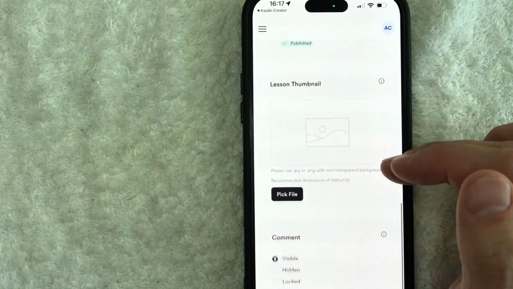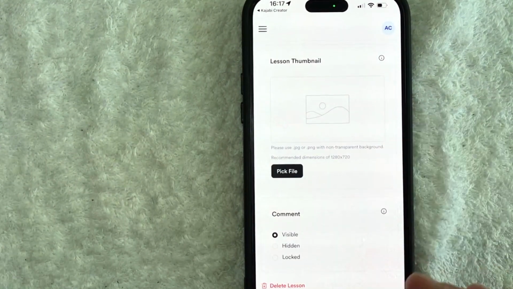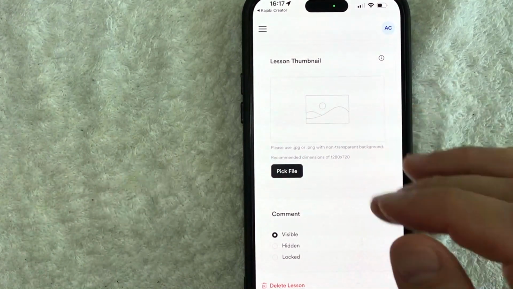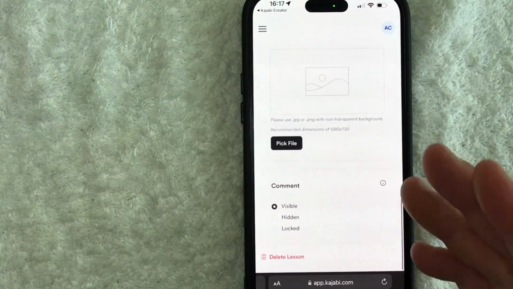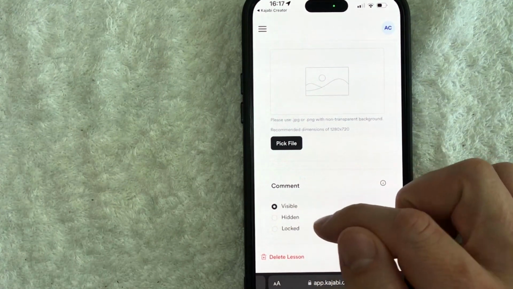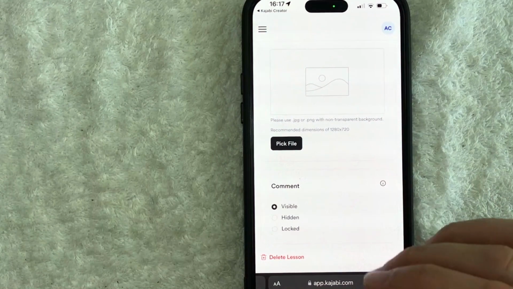And then if you scroll down, the lesson thumbnail is right here. So you can go ahead and add an image that might be directly related to whatever that particular lesson is. And then lastly, if you want people to be able to comment on your lesson, you can approve that by making comments visible. You can hide them, or you can go ahead and lock that so that way people cannot leave comments